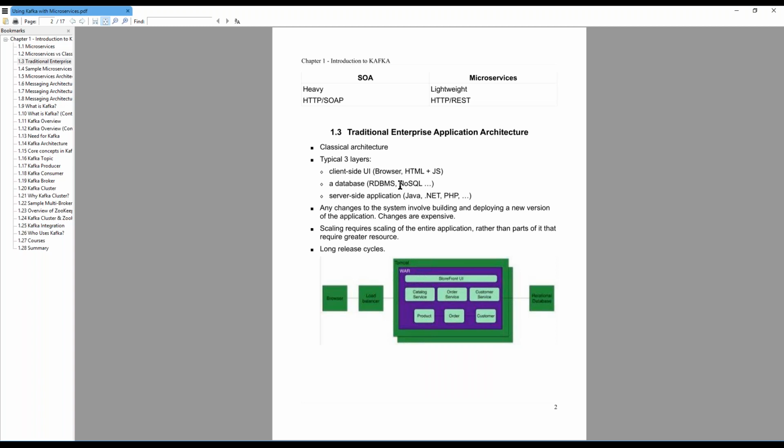Or you can also choose NoSQL-based databases as well. For example, MongoDB, Cosmos DB, CouchDB, and so on. The reason for using NoSQL-based databases would be that you want faster performance, because relational databases are usually slower to write to and to read from. Whereas NoSQL-based databases like MongoDB, Cosmos DB, CouchDB, etc., are very, very fast. And another benefit is that they do not have any